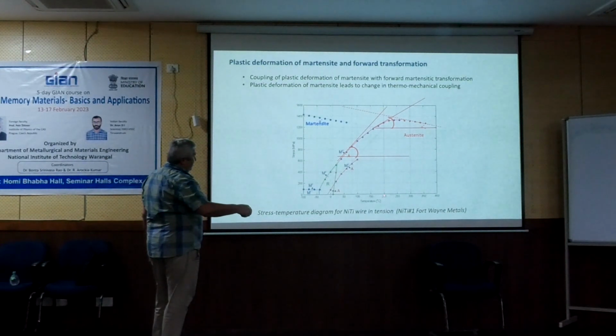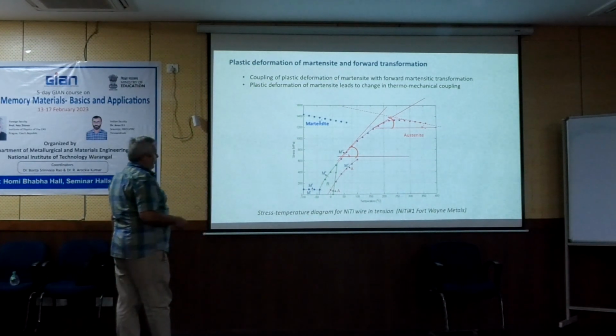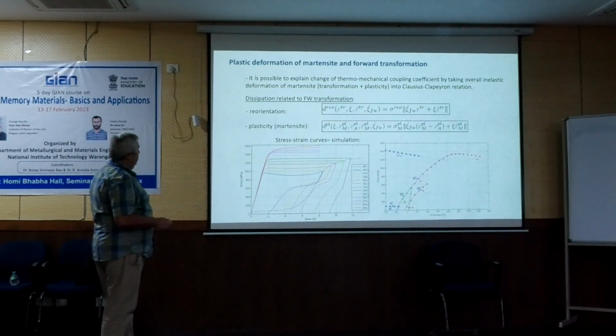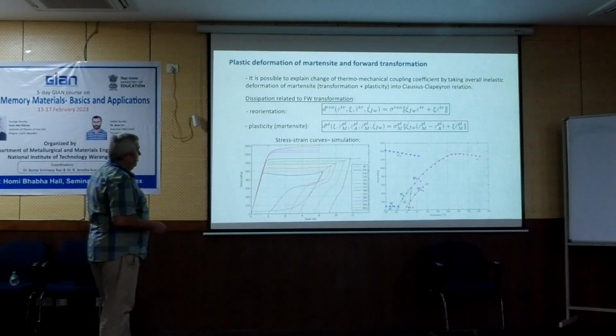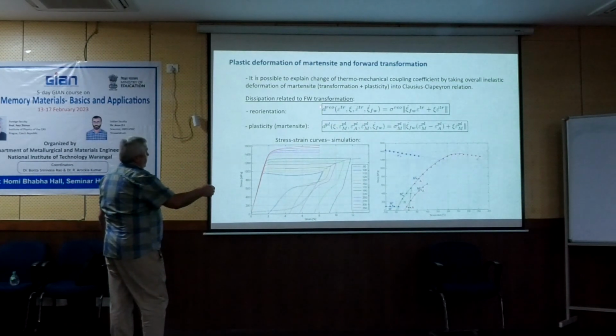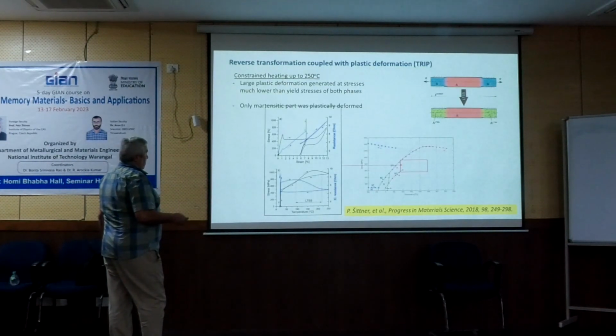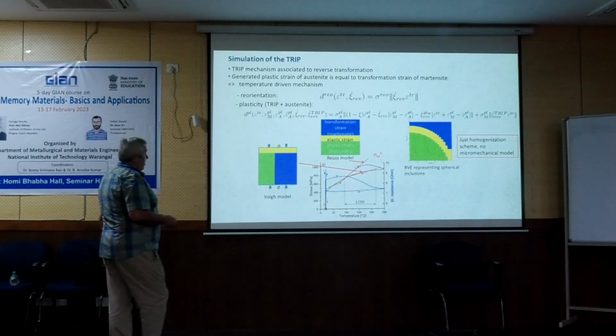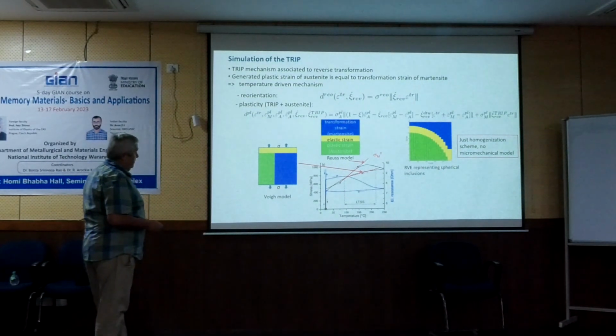So now I am again in this range of 150, 200, where both transformation and plasticity occur. So the model tries to include this into the equation, which is shown here by adding the plasticity term and the reorientation term. Now, as I said, we are working on it, but it's not completely developed. And one of the problems is